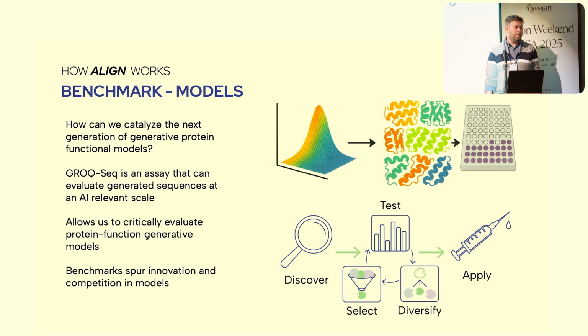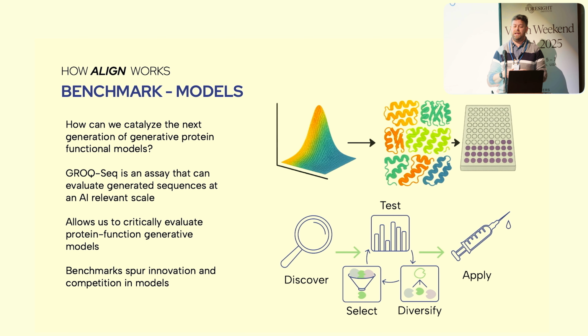We can take and then compare them on a single consistent platform that will say, generate 100,000 variants, generate 500,000 variants, generate 10,000 variants, whatever the budget is that we decide to set, and compare these across different models for generative function prediction. That way, we can do a couple things. We don't choose models based on their usability necessarily. We choose models based on their ability to perform well against the experimental task.